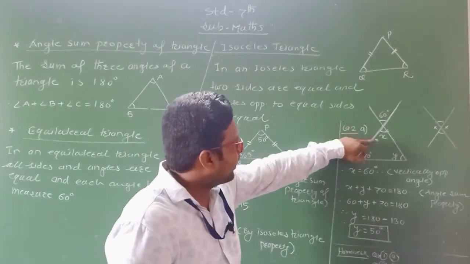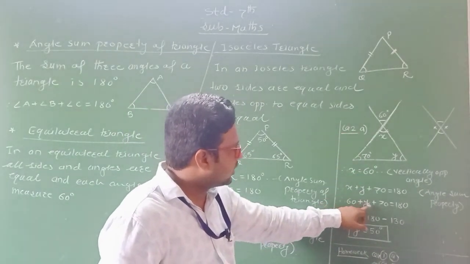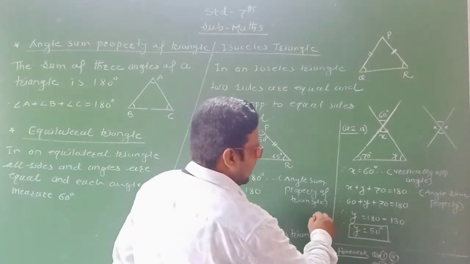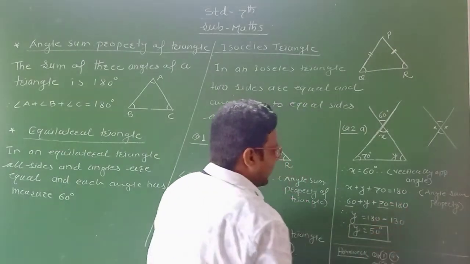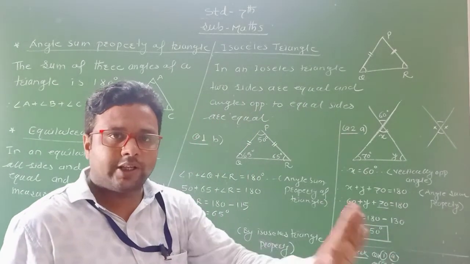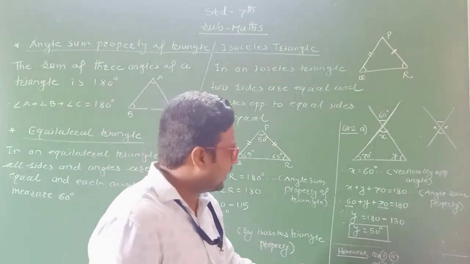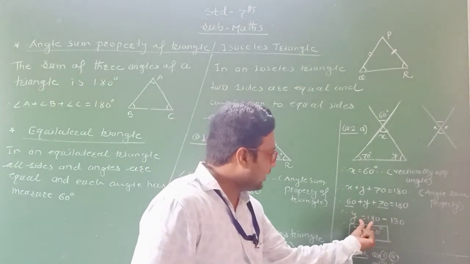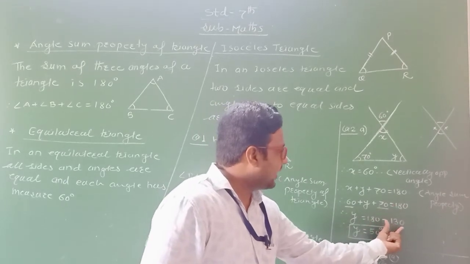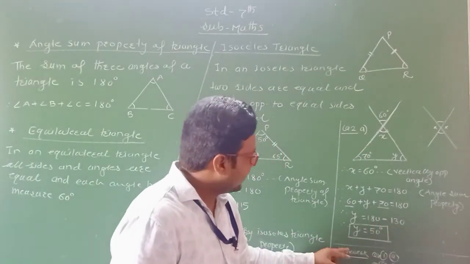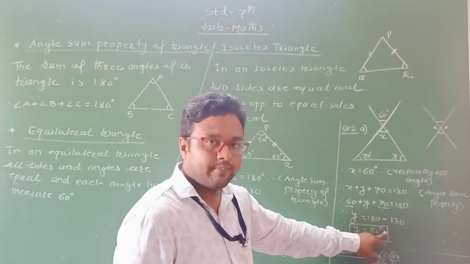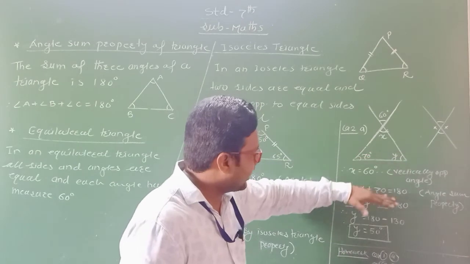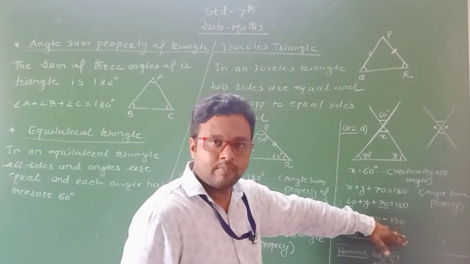Then we put the value of x, this is equal to 60, plus y plus 70 is equal to 180 degree. Now 60 plus 70, this is 130. We transfer on the right hand side of the equal sign, becomes minus 130. Now what is remaining on the left hand side? Y as it is on the left hand side is equal to 180 minus 130. Clear? Therefore, y is equal to what? 50 degree. In this way, here we find the value of x is equal to 60 degree and y is equal to 50 degree. Okay, student?